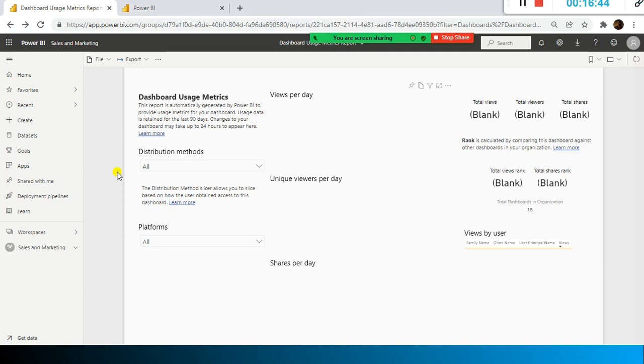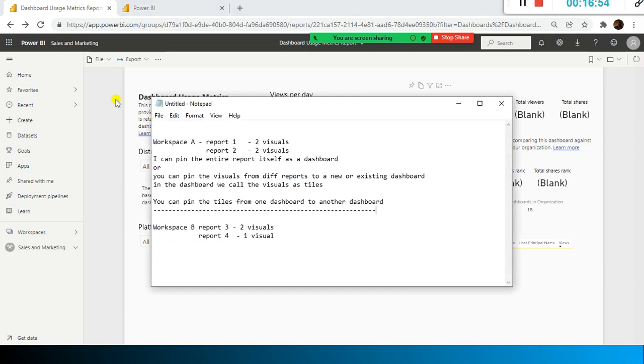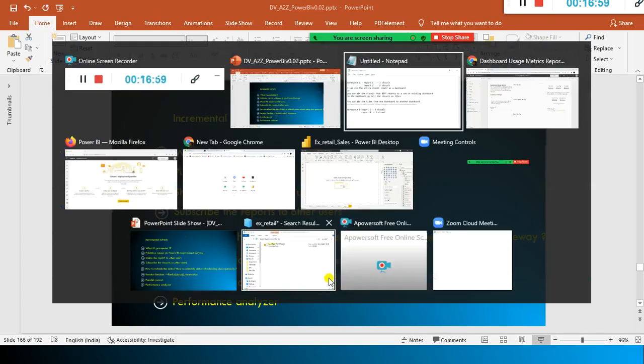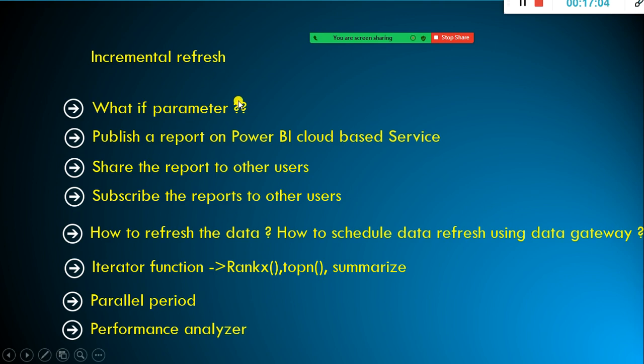The next one is the what-if parameter, which is also very helpful. Using a what-if parameter, you can do what-if analysis, and perform scenario analysis. What do you mean by what-if analysis?